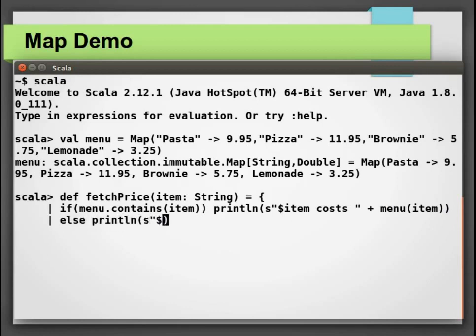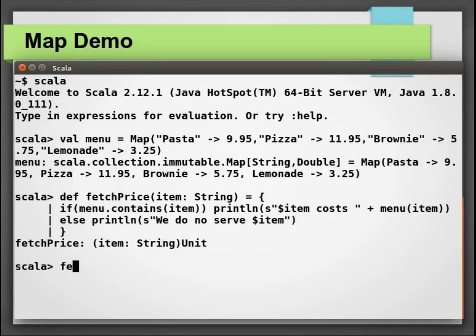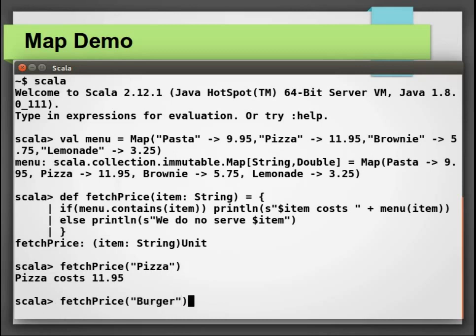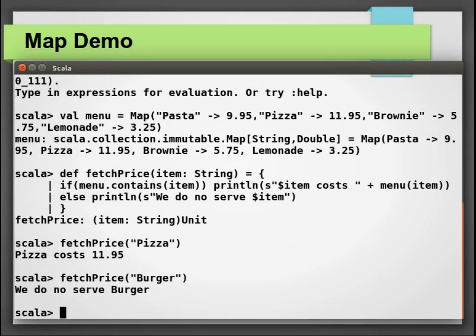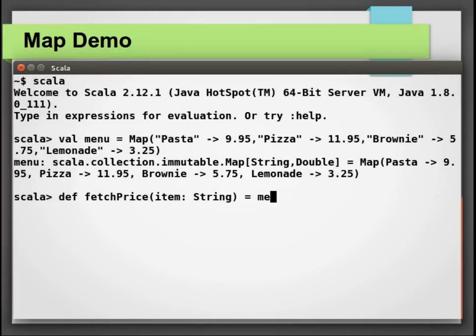If menu does not have the item, we will inform customer that we do not serve this item. Let us call this method first with pizza, and the method informed us about the cost of it. Then the next is burger, and of course we have to inform customer that we do not serve the burger.